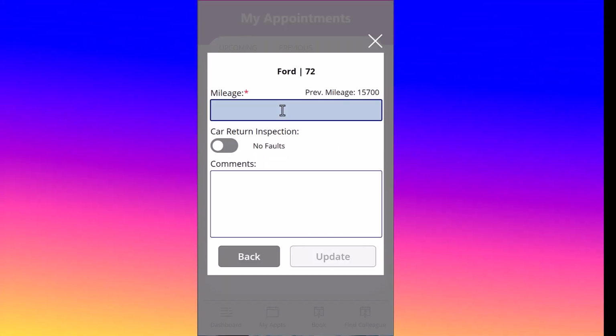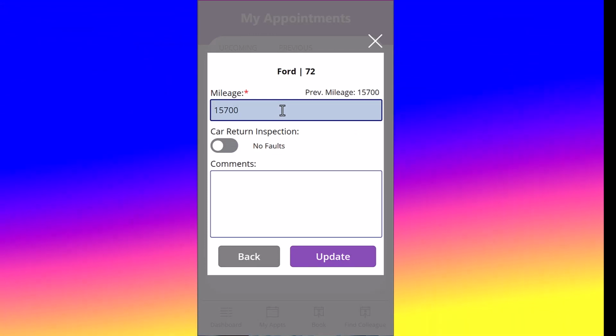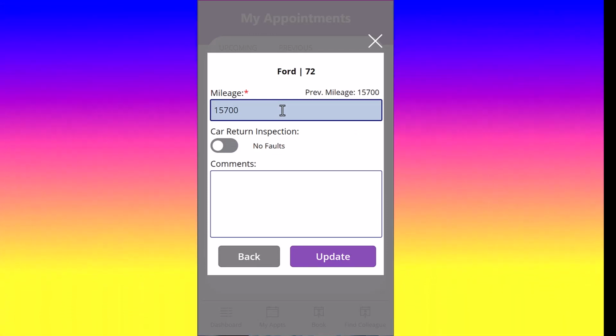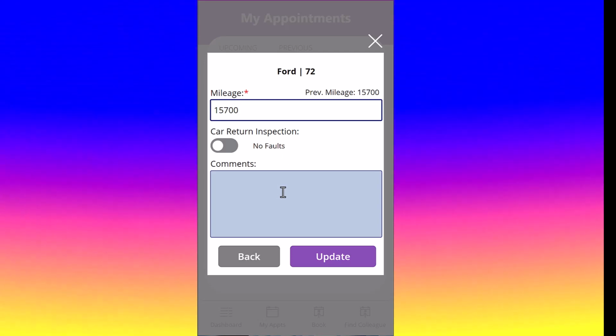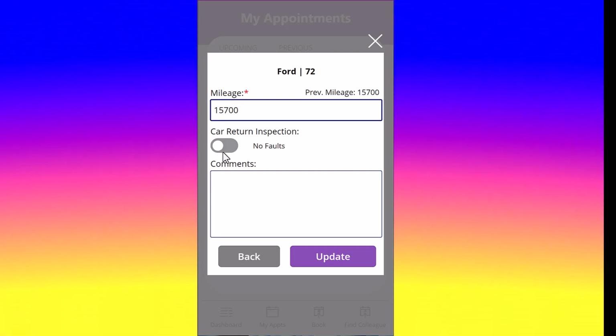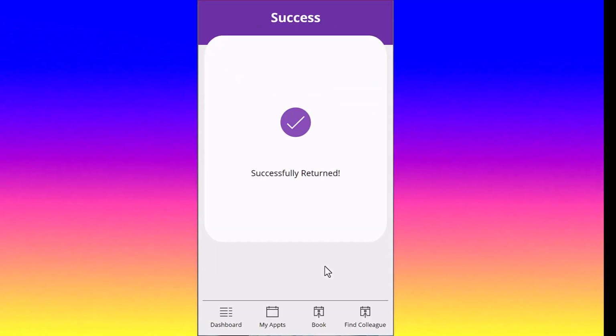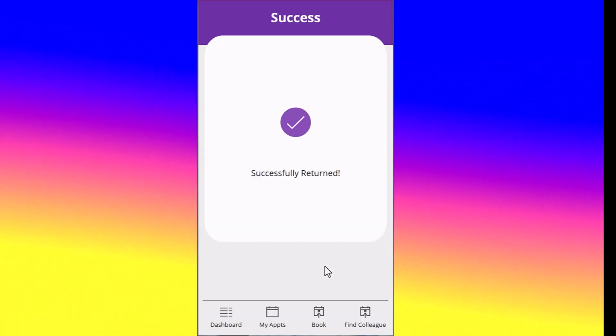When clicking on Return, you'll have the option to update the car's current mileage, for example, let's say 15,750 miles, and the ability to report any faults by adding a comment. Once you click Update, the record will be updated on the Car Manager site, ensuring a seamless and efficient car